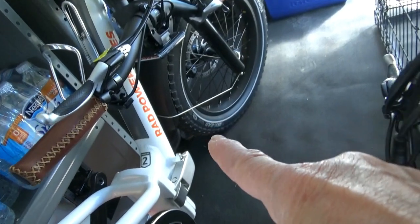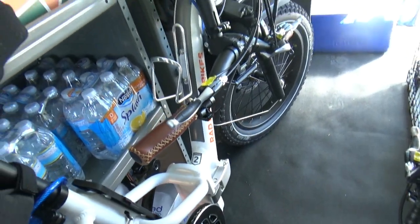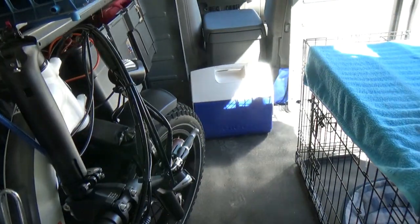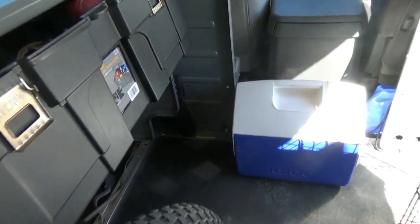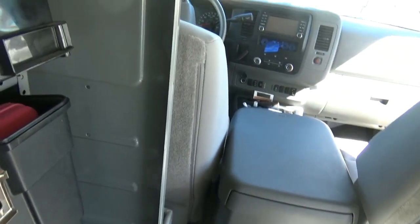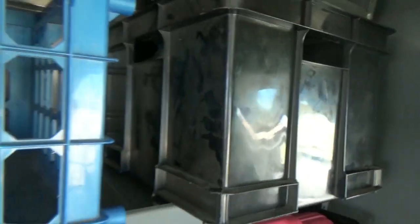Don't know if you can see it, but it's right up underneath there. And then we can put dry goods up in here. And then as we are traveling, Patch's crate fits right up in there. And like I said, to me, it's pretty amazing to look at this and realize when we got this van,